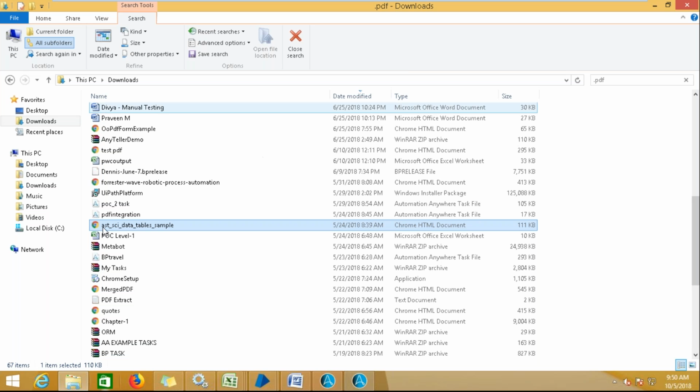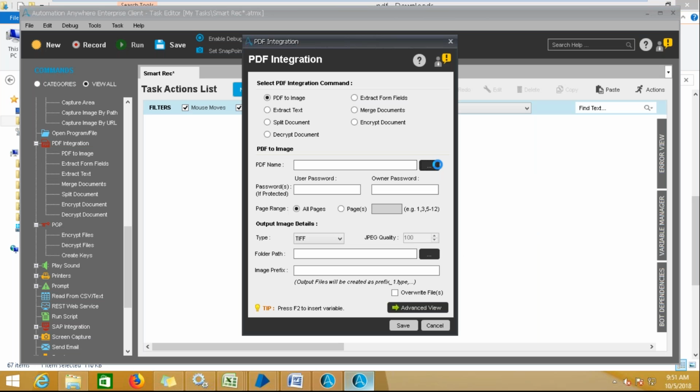It's taking a little lengthy time. So if I click on this, it doesn't open. I go with this directly, PDF name. Okay, I have to select that particular file, whichever PDF file I have, through browsing.